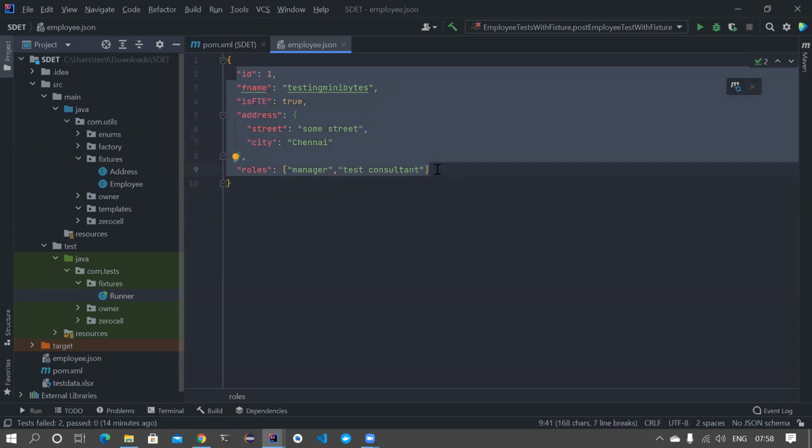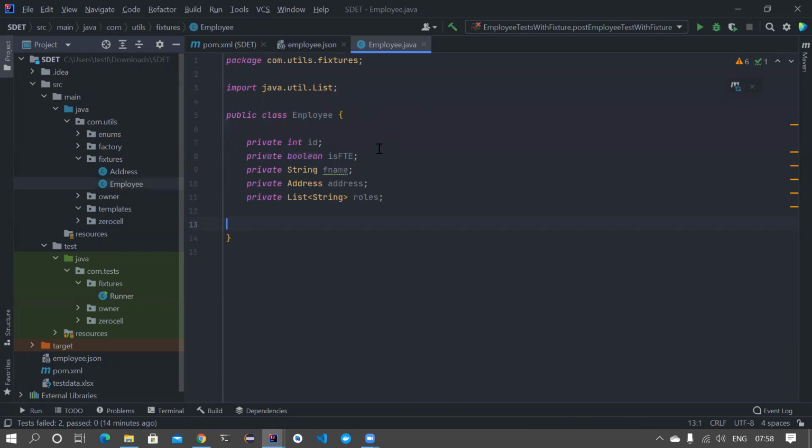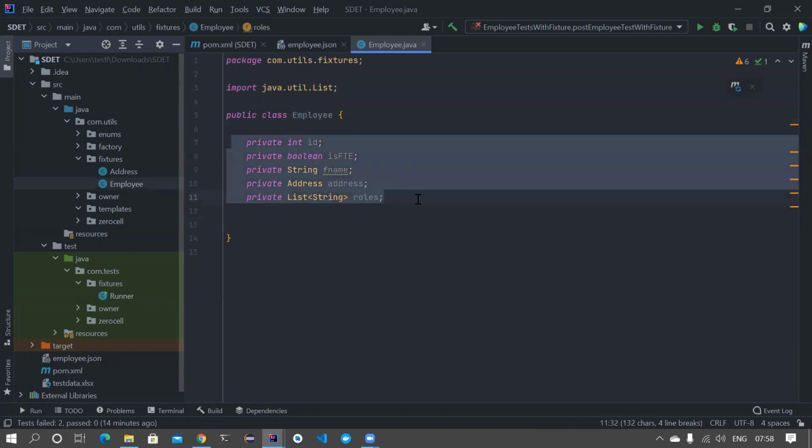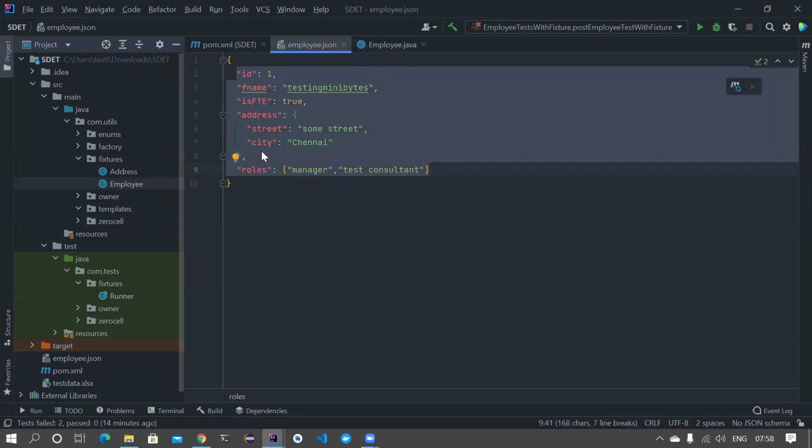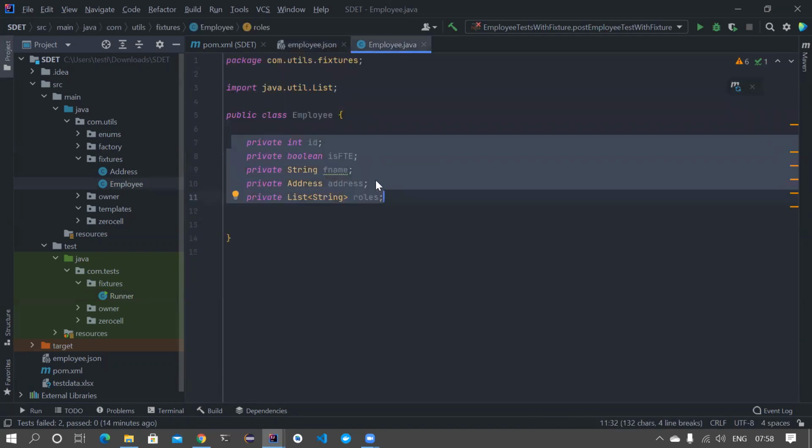The use case can be really beneficial if the JSON is even bigger than this. But we'll try to understand this with a very simple example for the time being, and then you can easily correlate it with a bigger JSON later. So I have mapped this employee JSON to an employee Pojo. If you notice, this is the Pojo that I have created. I have certain fields indicated here, all representing fields from the employee JSON. So we have 5 fields, and we have all the 5 fields here.